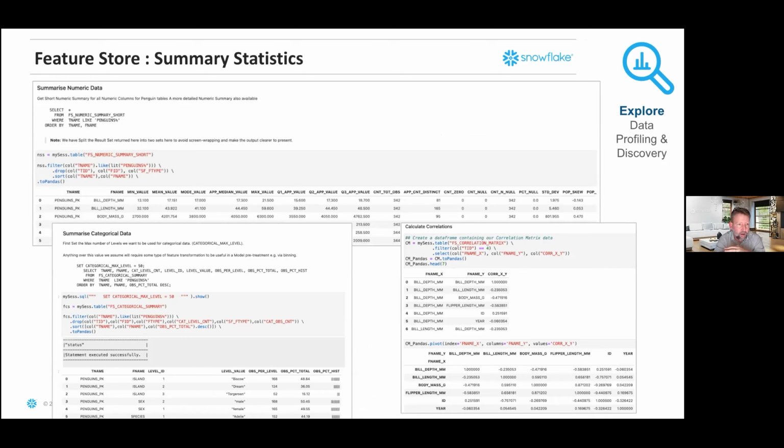I have a numeric summary view here that's using that tall formatted data to provide a single table summary for all the columns that I point it at. So when I look at a specific table, penguins, I can get summary level statistics from a numeric point of view, or also for categorical data. You probably want to look at that a little bit differently to the numeric.